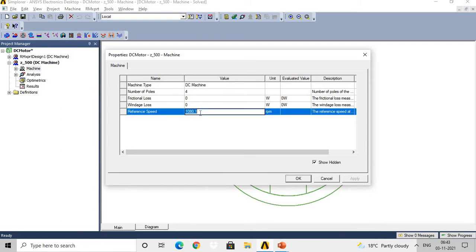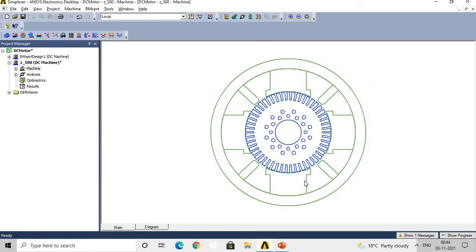Okay, for example, suppose the value is given like 1080.1. Then when we enter the new value, that apply button will be activated. Just click on it and then click OK. So we have given the inputs related to the machine here.